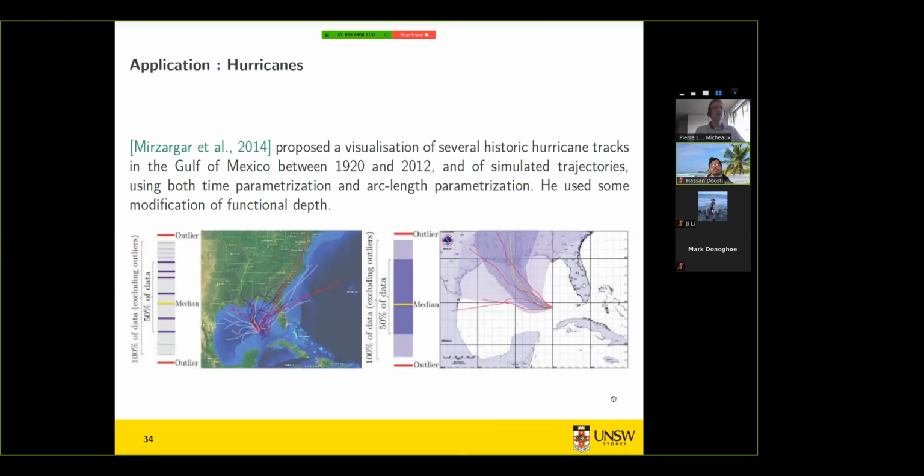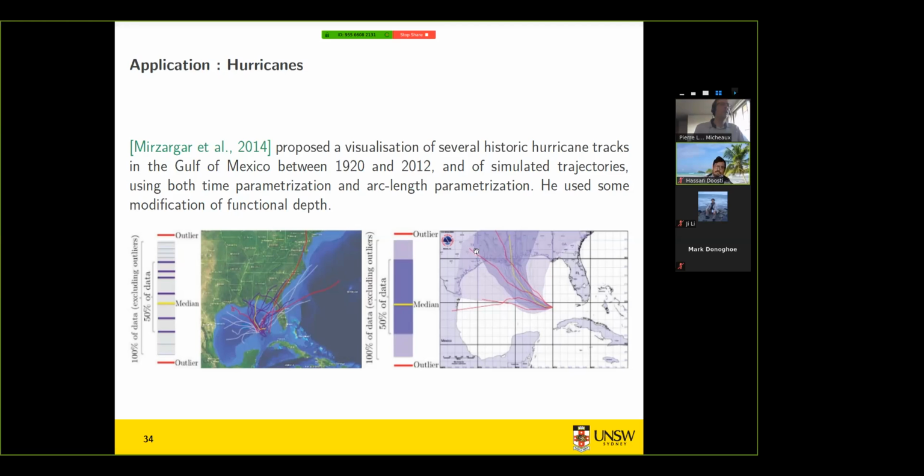hurricane tracks. In this paper that was published in 2014, these authors proposed a visualization of several historic hurricane tracks in the Gulf of Mexico between 1920 and 2012. You can see on this graph at the bottom that the results they obtained using some sort of modification of functional depth are not very satisfactory, in fact, because the red curves here are labeled as outliers. But you can see that, for example, this curve here is right in the middle, quite close to the yellow curve. So the yellow curve is the most central one, and this red curve is labeled as